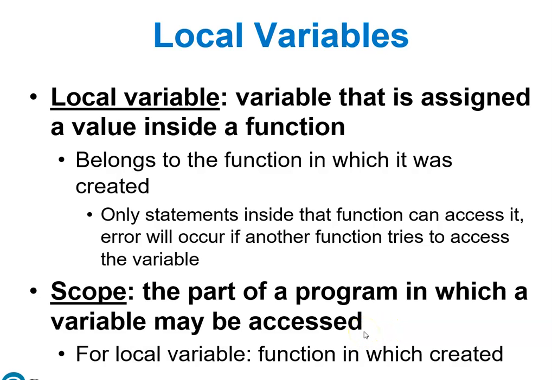Variable scope: we have two kinds of variables called local variables and global variables. The local variables are those that are assigned a value inside a function. A local variable has a short life. It is available within the function and it's not accessible outside of a function. For example,